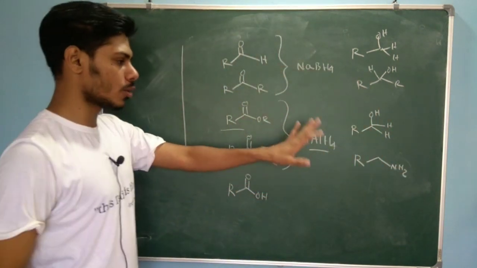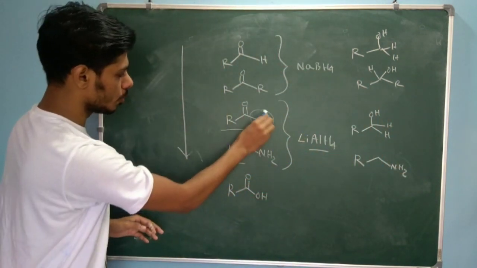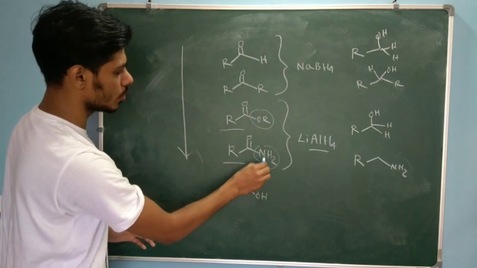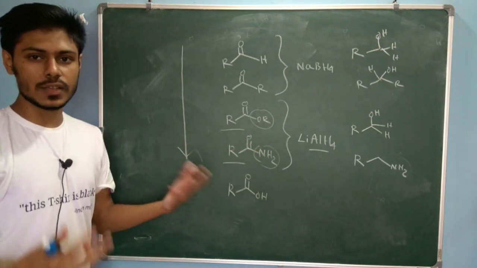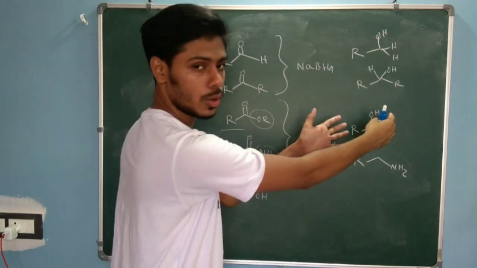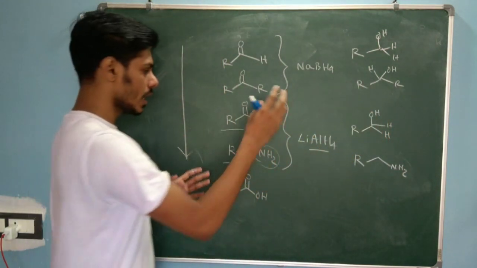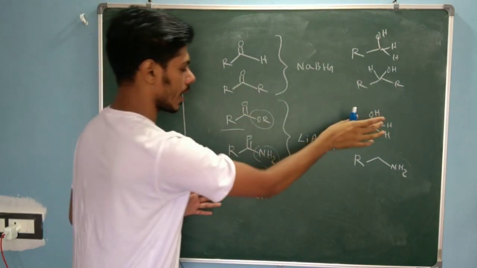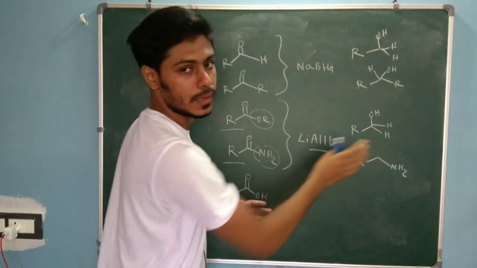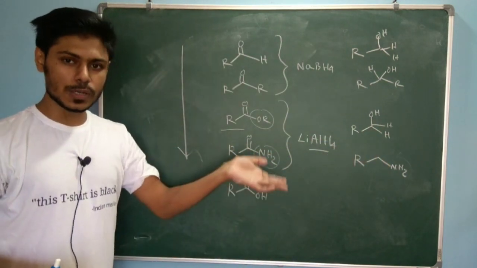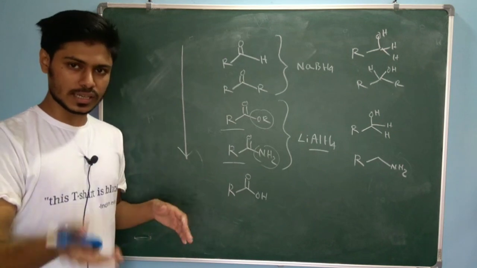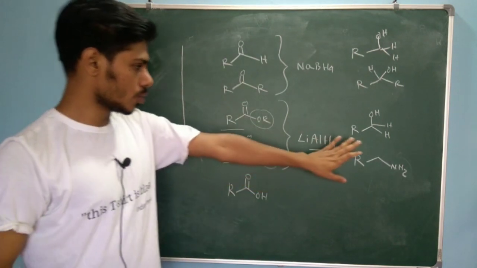Why we get the amine and not the alcohol? Although in both cases we can think that this NH2 here and this OR minus here is the leaving group, so we should expect that we get alcohol in both cases, but in reality in case of ester we get the alcohol, but in case of amide we get the amine. We will discuss that in the next video, or if I get time I will discuss that in this video, right? So you should know the difference.